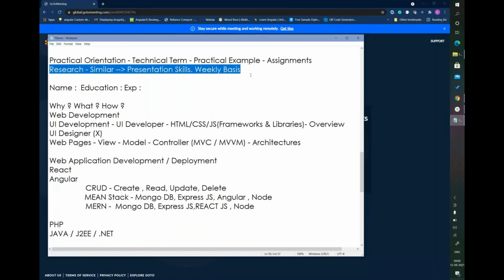If you go in detail with HTML, CSS and JavaScript, it is a one year course. But I don't want to go through all topics, only those we use on a regular basis. I'll give you a brief overview and implementation of a few topics, you need to do some practice, and a few topics I'll give you for research.